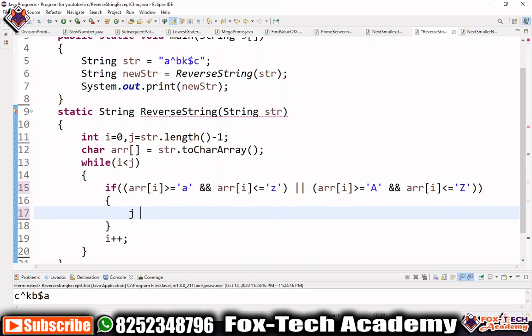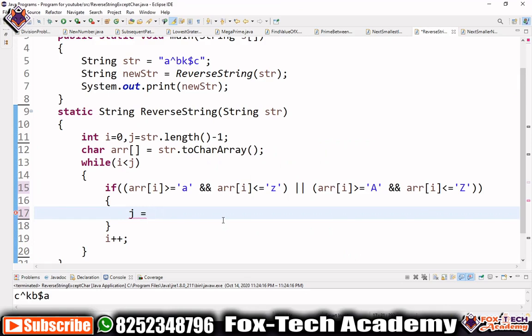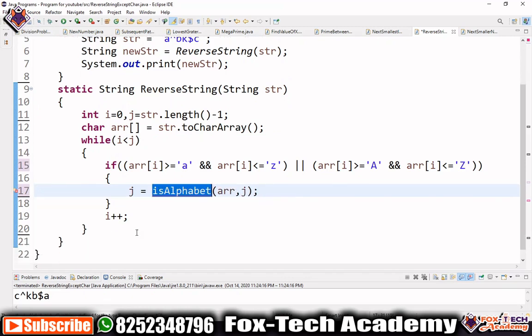So here we will use j equals, because before replacing we need to be careful that the character we are going to replace is an alphabet. So here we will create a new function. Suppose I name this function alphabet, and we will send the array to that function and the index of j, which means the value of j. So first we will create this function.